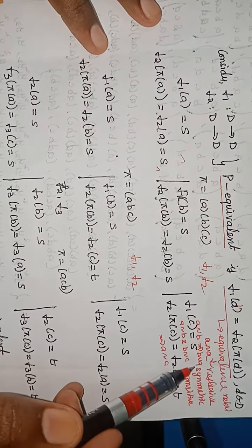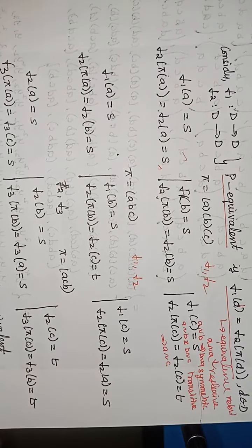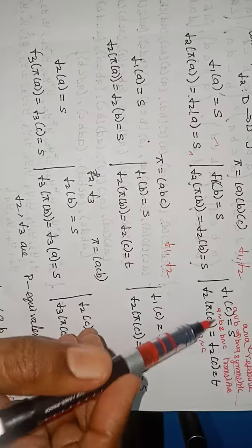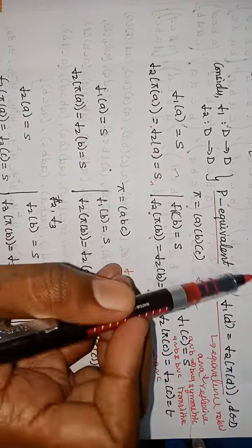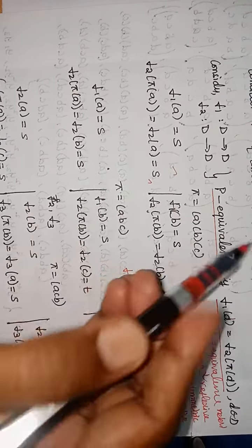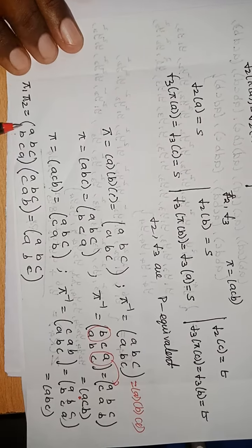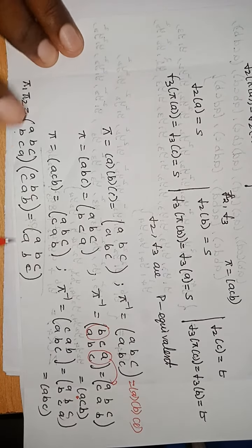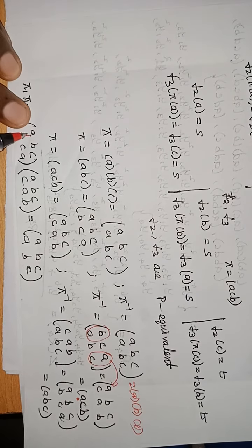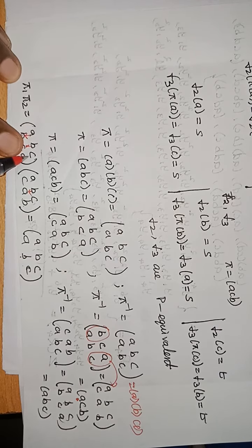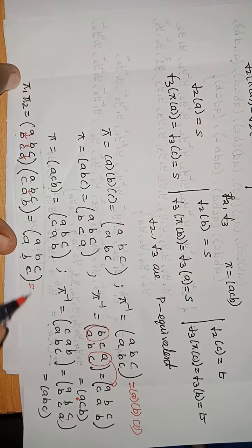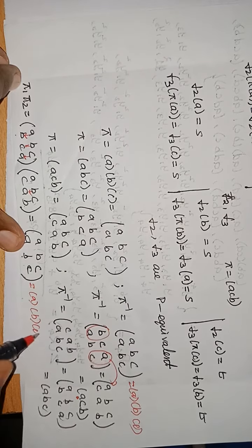So the symmetric property is satisfied. When you check for transitivity, A related to B and B related to C. Let me take two permutations from these two. First, let me choose this one as pi 1 and this as pi 2. I have written pi 1, pi 2, and I have written its permutations. What is its composition? A to B, B to A. B to C; I am going to find the image of B. B to C, C to B, B. C to A to C. So it is an identity permutation.